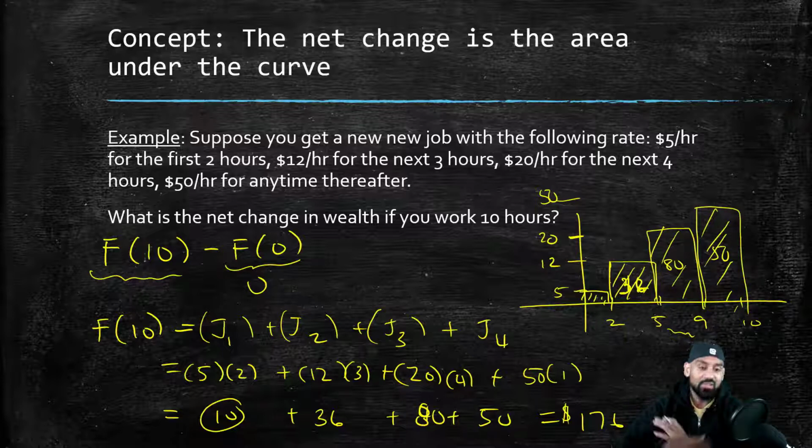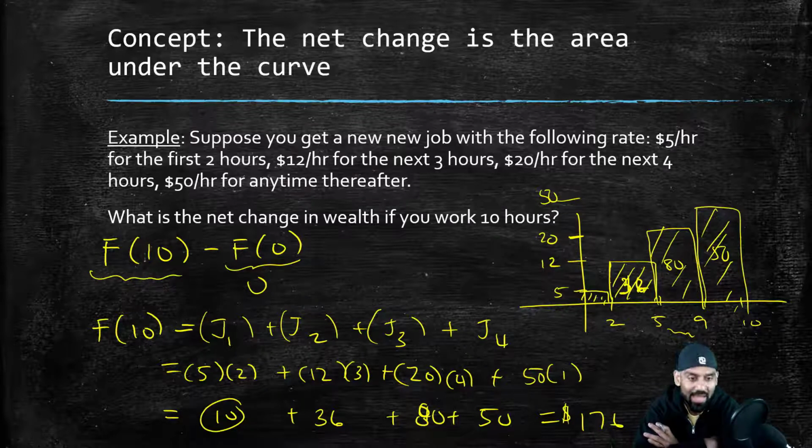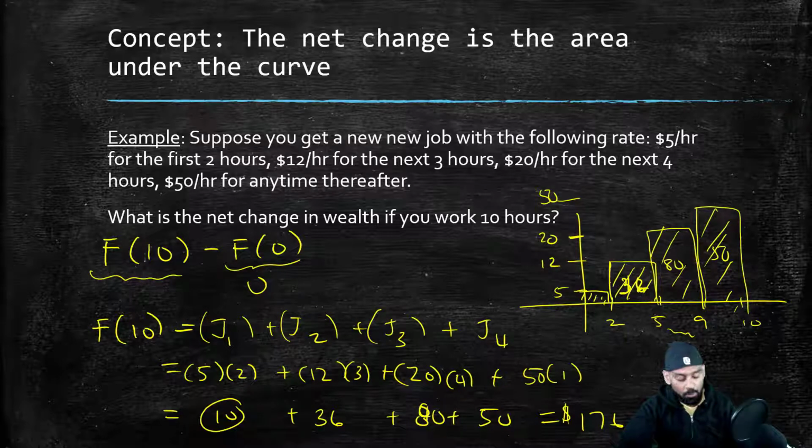$176 is what his net change was from going from 0 to 10. Okay, but it was adding those 4 pieces together to get that. Okay, these are all how we go about estimating things, right? But what if